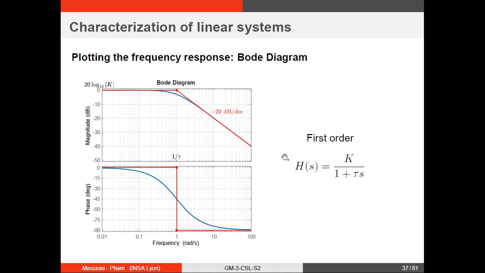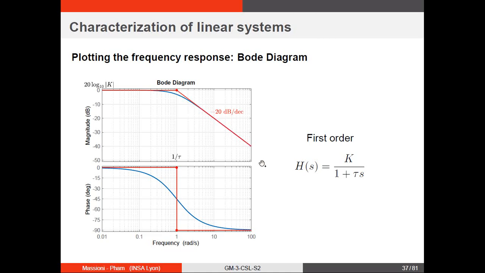Okay, so basically the first order function has a Bode diagram starting at 20 log 10 of the modulus of k, and then the plateau ends for omega equal 1 over tau,